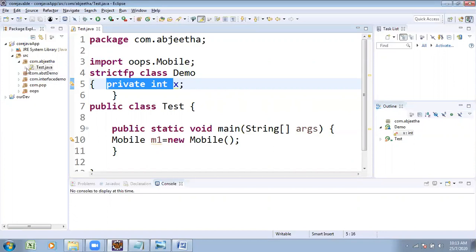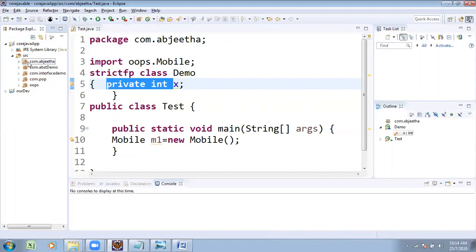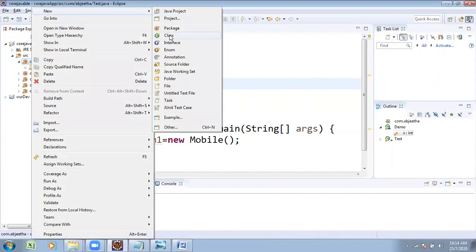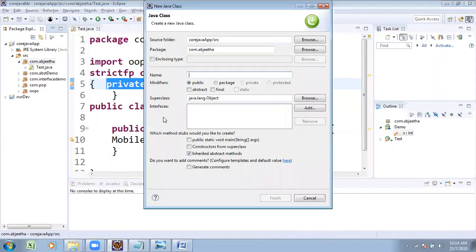Public means full-fledged accessibility. Suppose Abhijit is creating his package. Under his package, he is going to write one class called MyInfo, my information. Here, if you want a main method, keep it, otherwise leave it.